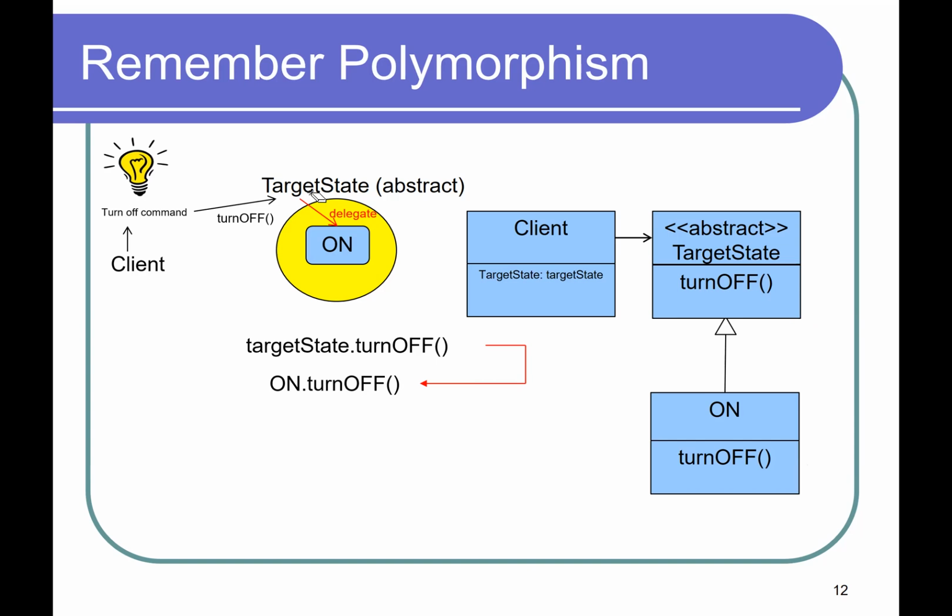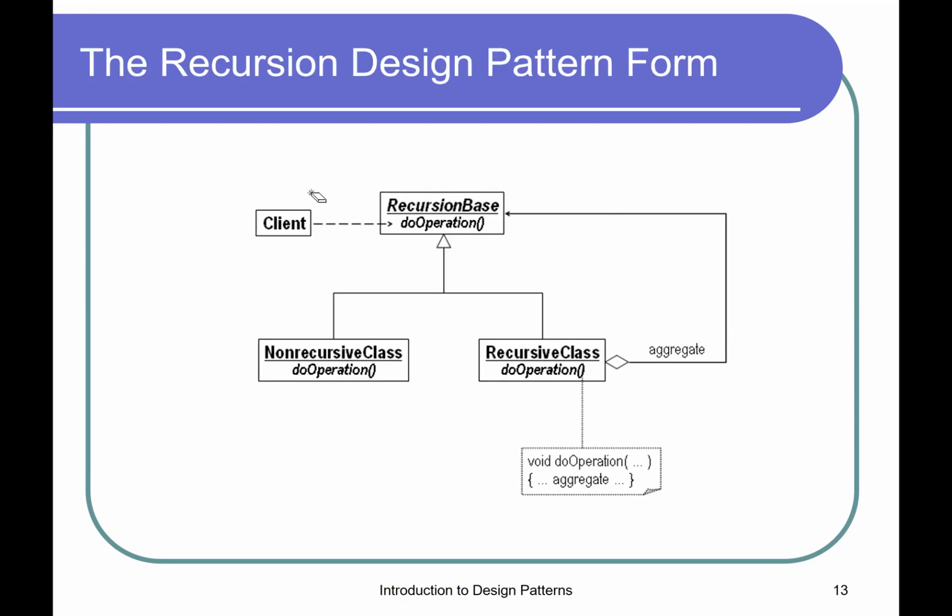Okay. And maybe when you were taking polymorphism back in 120, you wondered what the heck this is useful for, and why you were taking it. It's really, really useful when it comes to design patterns. All right. The second engine, now that we understand delegation and polymorphism, actually looks very